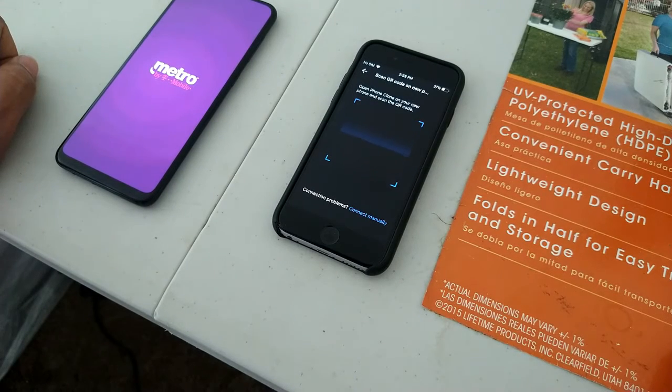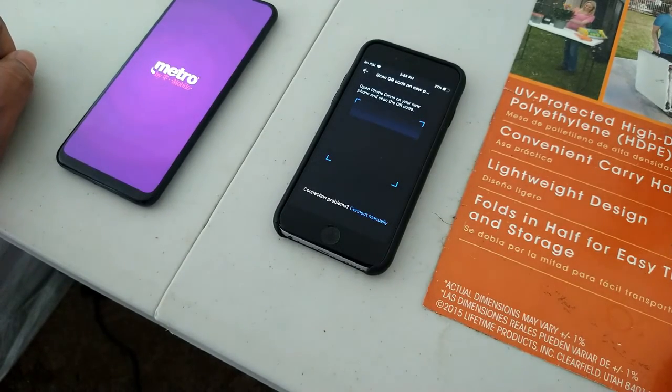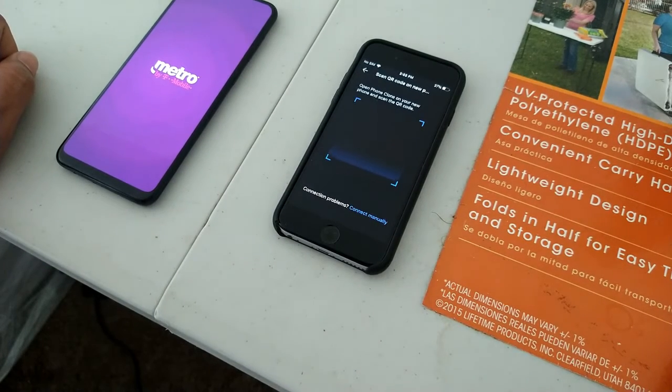Today's video we discuss how to move contacts, videos and pictures. I hope you find this video useful, so don't skip it, watch the whole video so you can see